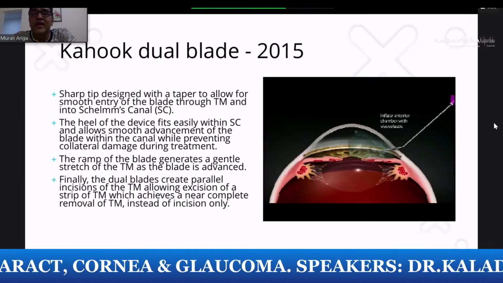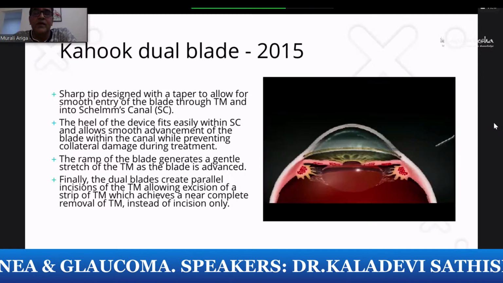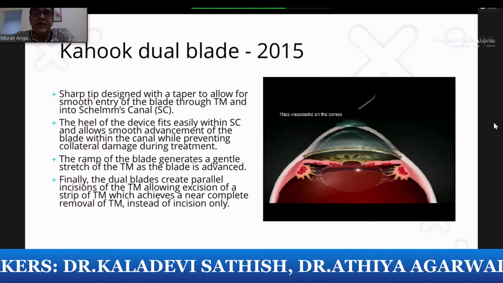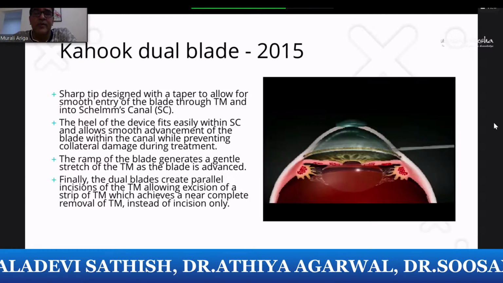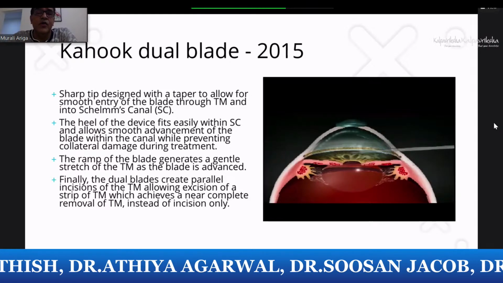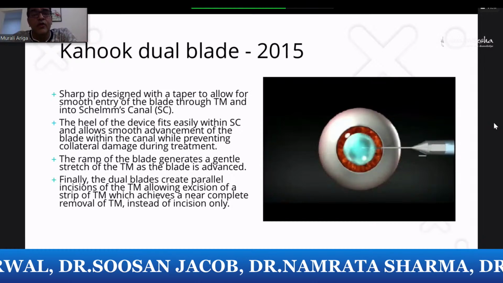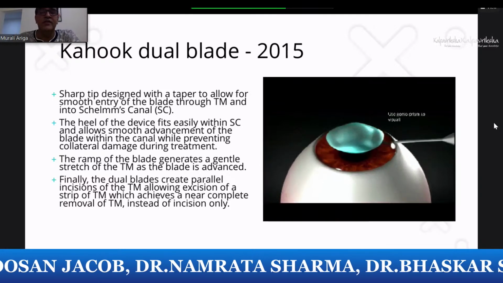Basically, you need to fill the anterior chamber with a viscoelastic. You need to deepen the chamber. You need to tilt the patient's head and have an appropriate microscope, which is also capable of tilting, and have an appropriate surgical gonio lens to view the angle. Now you do have the disposable surgical gonio lenses as well.